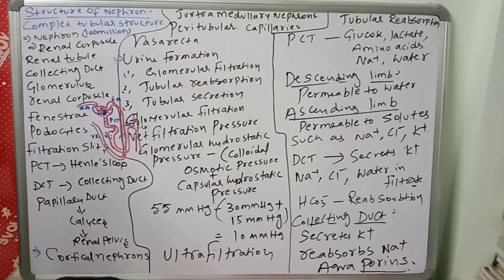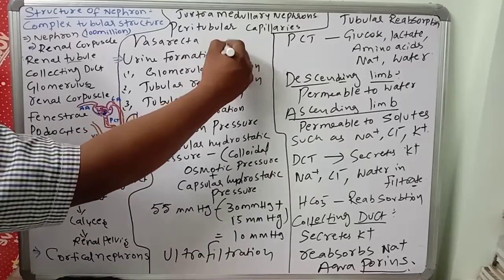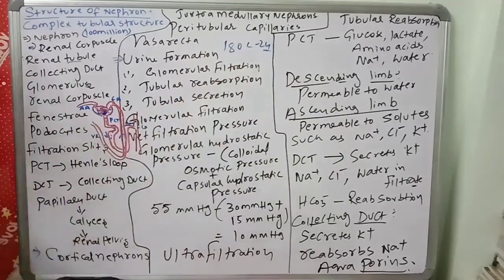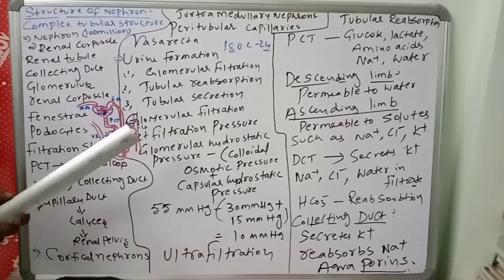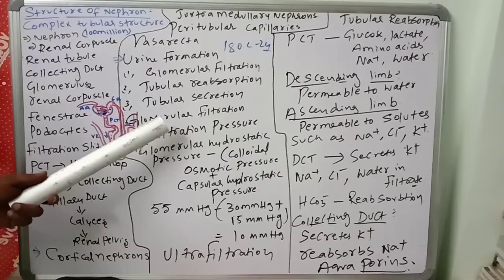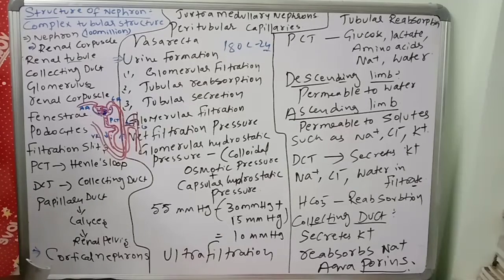How many liters of urine does the kidney produce? You know very well: 180 liters of glomerular filtrate in 24 hours. Molecules such as water, glucose, amino acids, and nitrogenous substances pass freely from the blood into the tubule. Molecules larger than 5 nanometers are barred from entering the tubule. Glomerular pressure is the chief force that pushes water and solutes out of the blood.